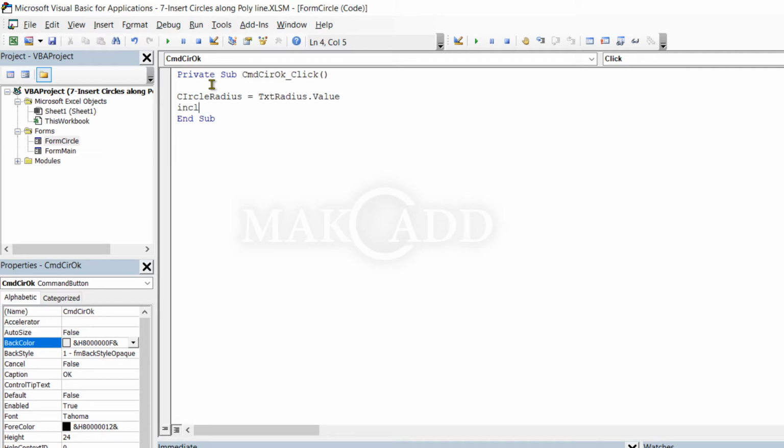And for the choice of keeping the point from the checkbox, include points is equal to check include points dot value. Then unload me. You have to unload the form after assigning these values.